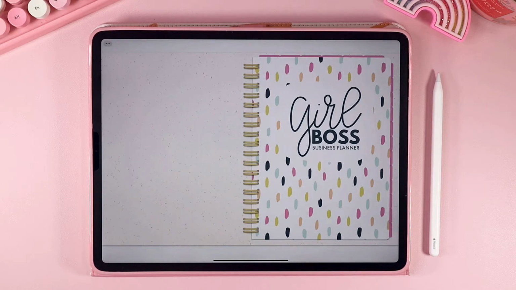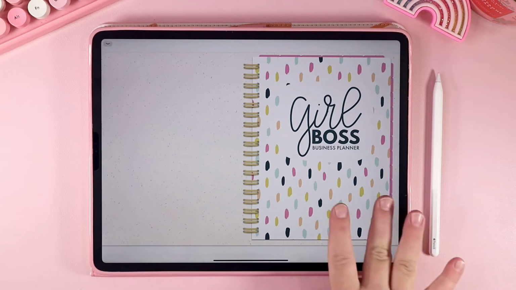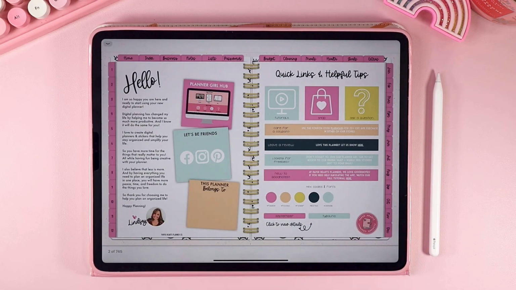In today's tutorial I'm going to show you how to use our newest planner, the Girl Boss Business Planner. I'm going to be showing you how to use this in GoodNotes, but it works the same exact way in any other app like Penly or NoteShelf, Zoom Notes, whatever app that you're using. So whenever you open the planner, you have our welcome page, which has a bunch of quick links